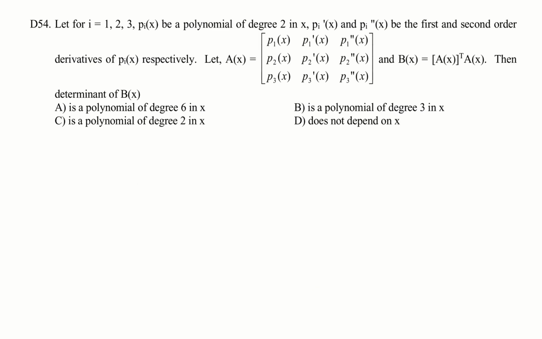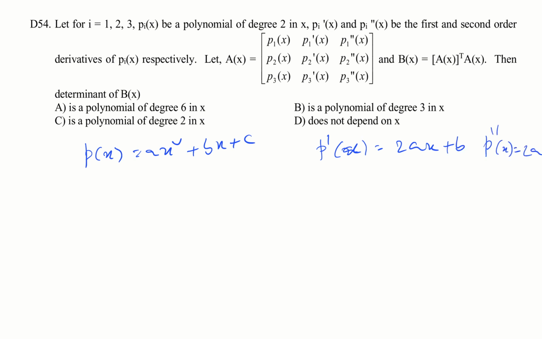So if I assume P of x as ax square plus bx plus c, then I have P dash of x is equal to 2ax plus b, and P double dash of x is equal to 2a. So if I call Pi of x as ai, bi, ci, then here I'll have like that. So this will be 2a. So my A of x will look like,